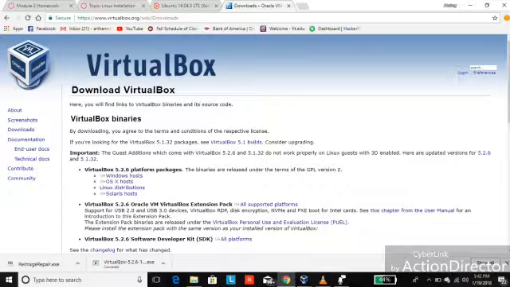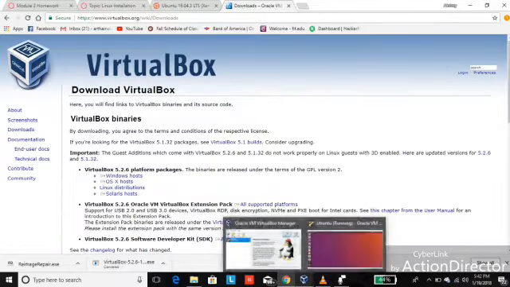And this is the link for VirtualBox. It is www.virtualbox.org. Don't forget to include HTTP in the front. And today I've installed it as a part of Windows OS. And once VirtualBox gets downloaded,